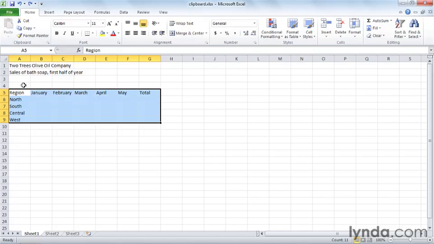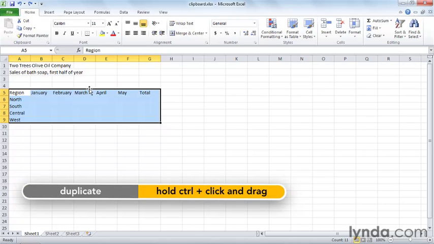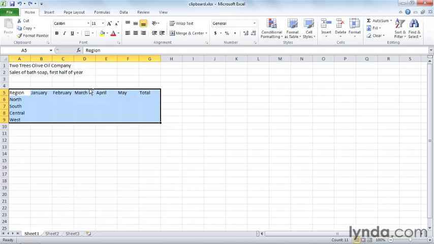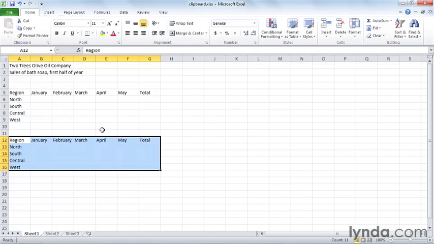Well, I want to copy this area. So when I get that four-headed arrow mouse pointer, let's hold down the Control key on the keyboard. When you hold down the Control key, see that four-headed arrow turns to a regular arrow with a little plus sign next to it. When you get that little plus sign, keep holding down the Control key and drag down a little bit. And let go of the mouse first before letting go of the keyboard,